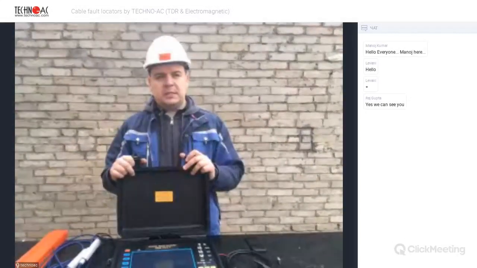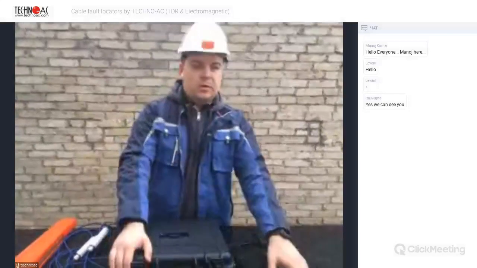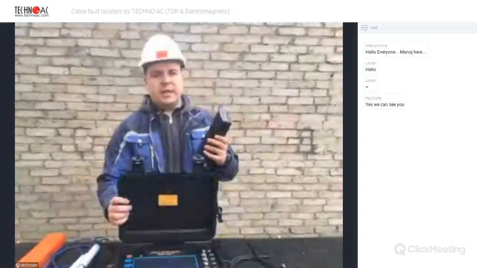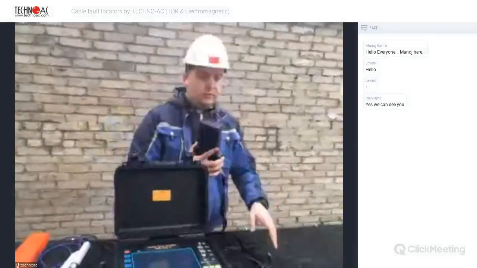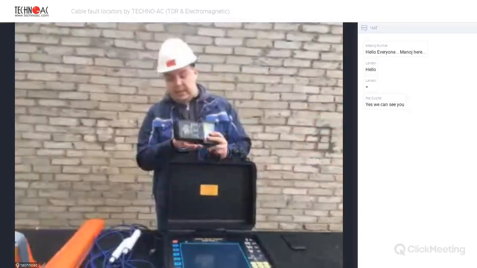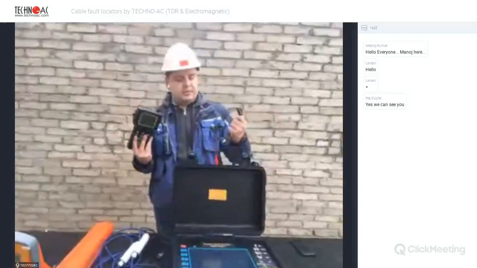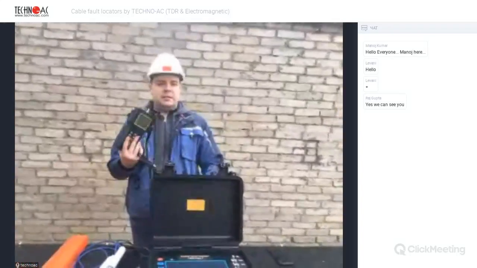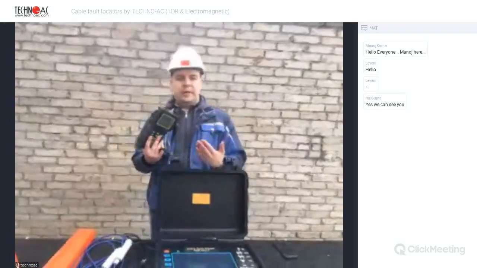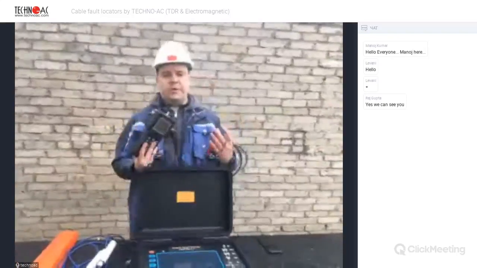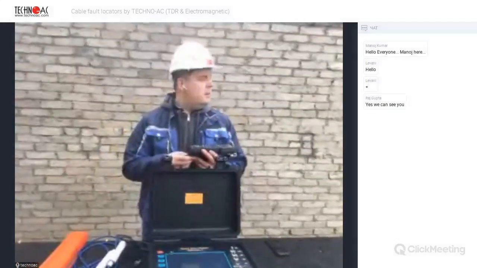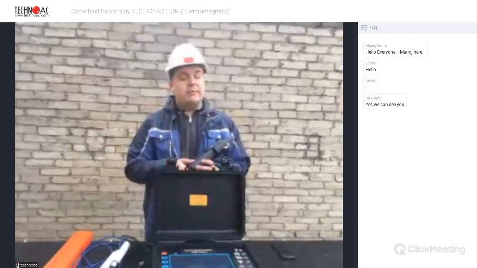Okay, first, let us use the smaller device so we can see how it works. I'm taking the device itself. It already has charged batteries, and I'm taking the leads. That's everything you need. But if you're going to use this cable fault locator